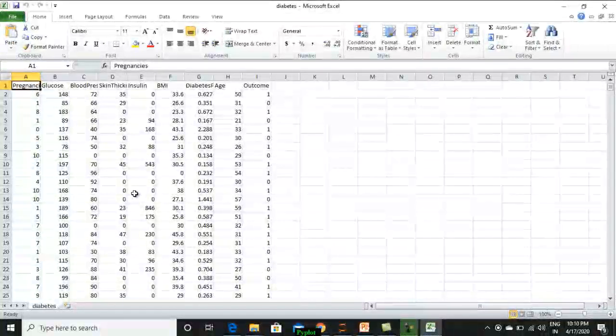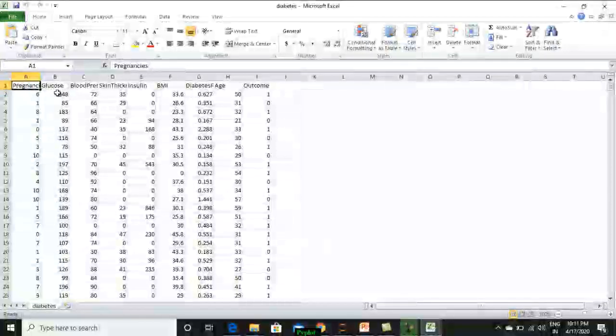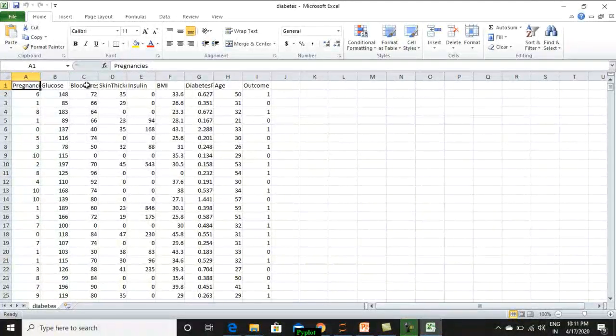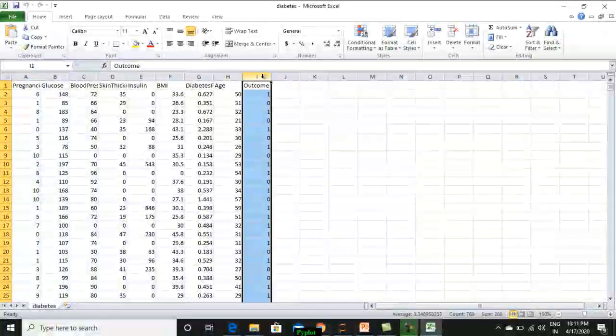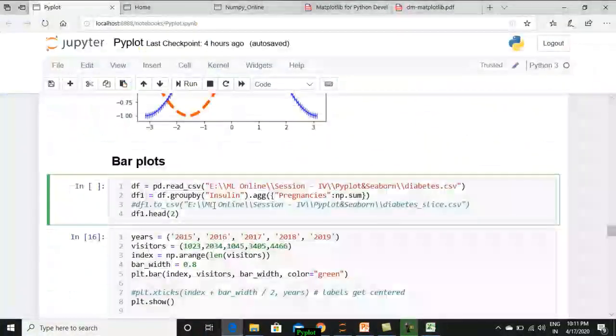This is a diabetic data set collected from the UCI repository, an open source platform for collecting data sets. It shows how many people there are with pregnancy, glucose level, blood pressure, and many other parameters that they have given, and the outcome is the output. Okay. Now,